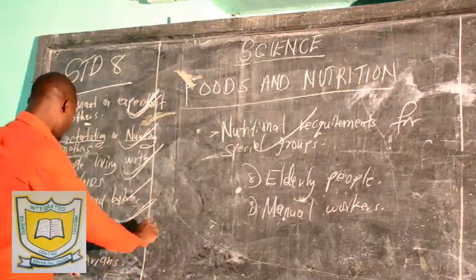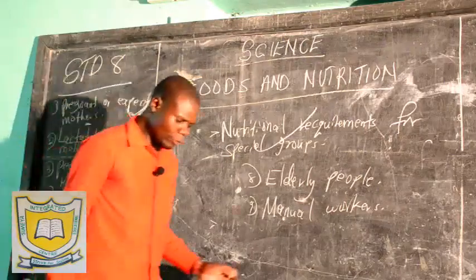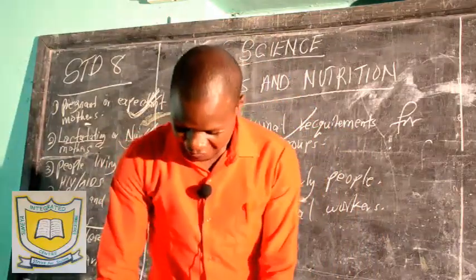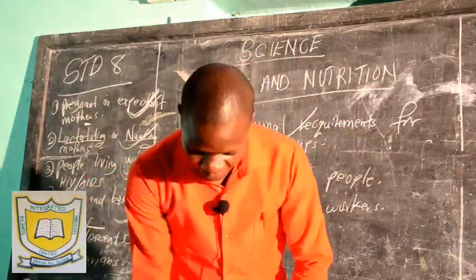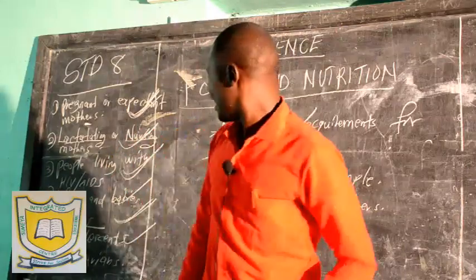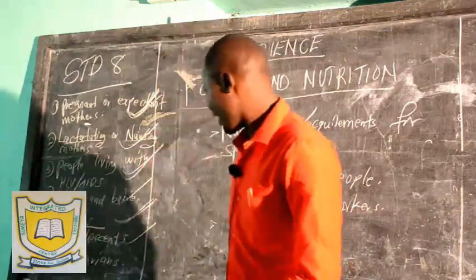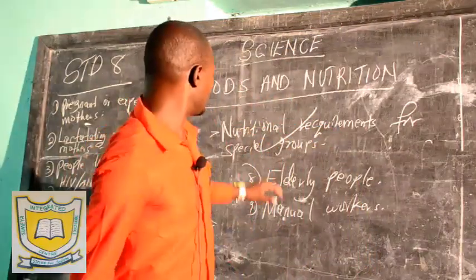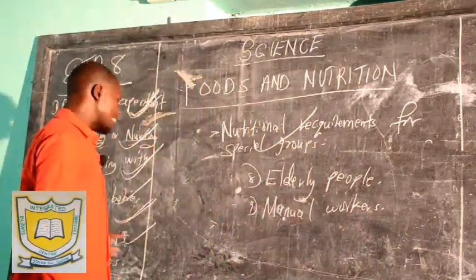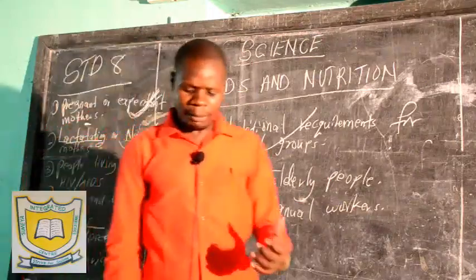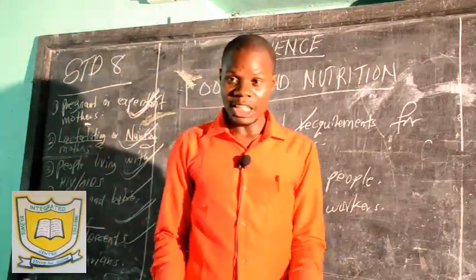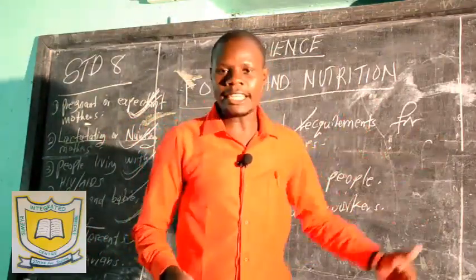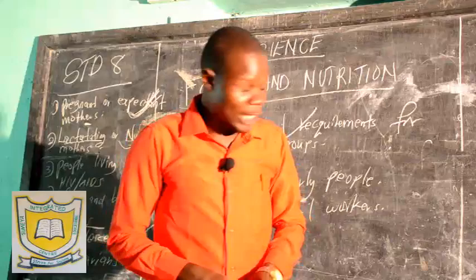Now number 6, we have convalescents. The way you pronounce the word, your teacher will determine. Convalescent, these are a special group of people who are recovering from an ailment. They have been suffering for long. After treatment, you start recovering. You have not fully recovered, but you are in the process of recovering, so you are called